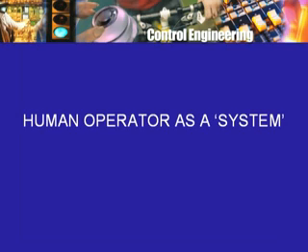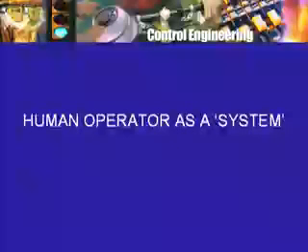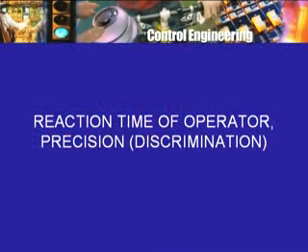The field current is decreased a little too much or increased a little too much, so that the speed which had originally fallen below 1500 now goes beyond 1500, so it has to be brought down once again. People did look at the human operator as if he or she was a mechanical system or an electrical system. In other words, one could do a modeling of the human operator. People talk in this context of reaction time, and this is one more reason why you may not want the operator there. Apart from fatigue,